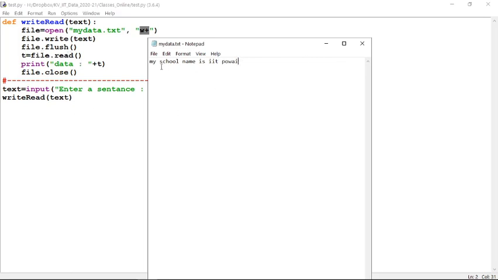So what is the solution to read the file? The solution is very simple. You have to move your program counter from the end to the start and then start reading the content, because reading always moves forward, and writing always moves forward. After writing the data, your program counter is kept at the end, just like your pen. And if you want to read, you have to move your pen to the beginning.